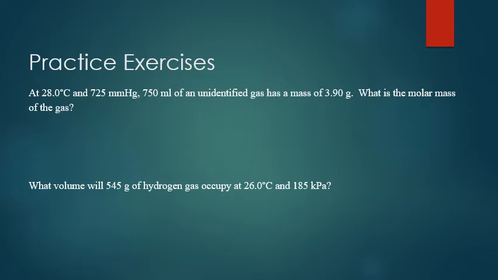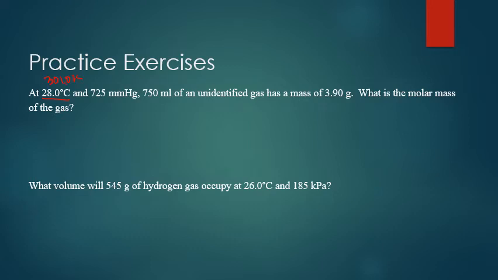So for our first practice question, we have at 28 degrees Celsius and 725 millimeters of mercury, 750 milliliters of an unidentified gas has a mass of 3.90 grams. What is the molar mass of the gas? So the first thing, I'm going to convert my temperature into Kelvin. So that would be